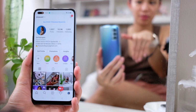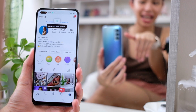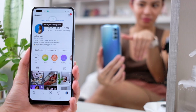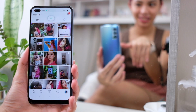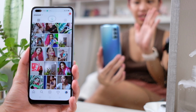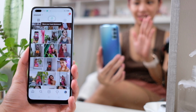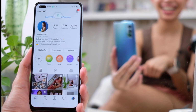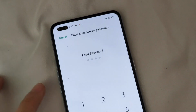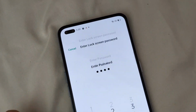So let's try it on my page. You see the hand that popped up right there? Let me do that again. Up and then down. I love that. As for the anti-peeping, you can pick out which apps it'll work on, and then I tried